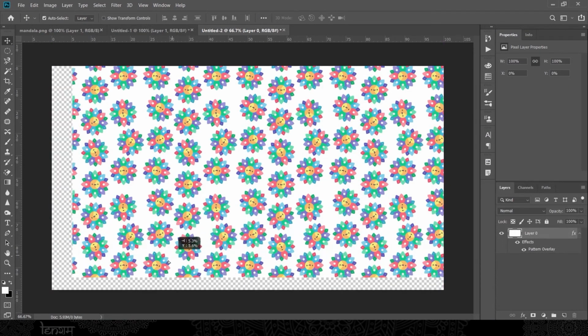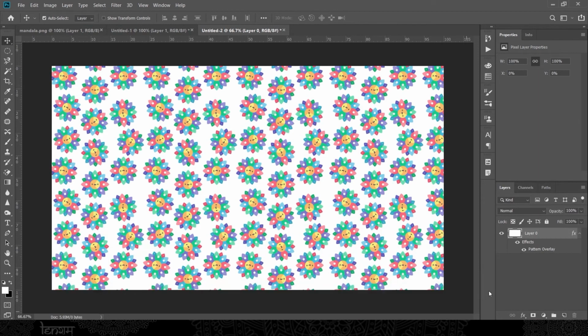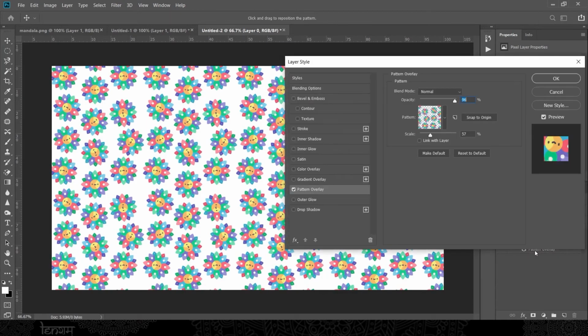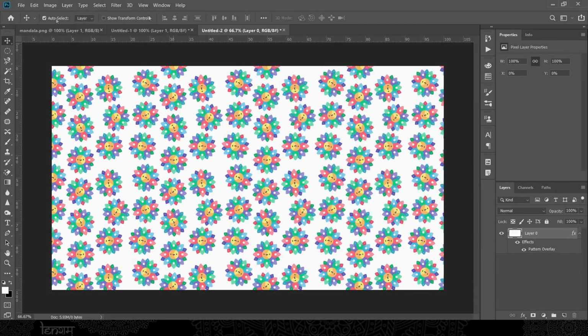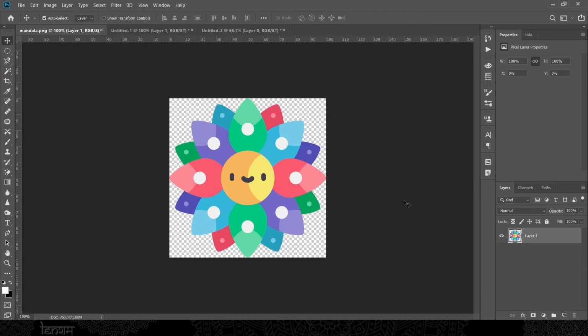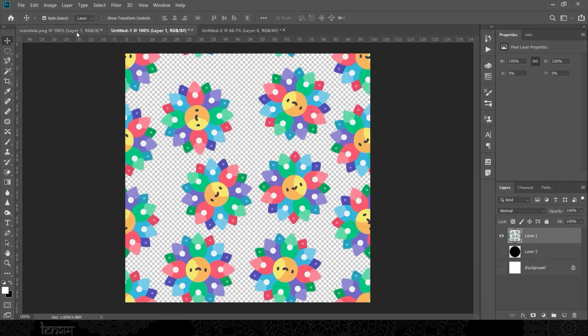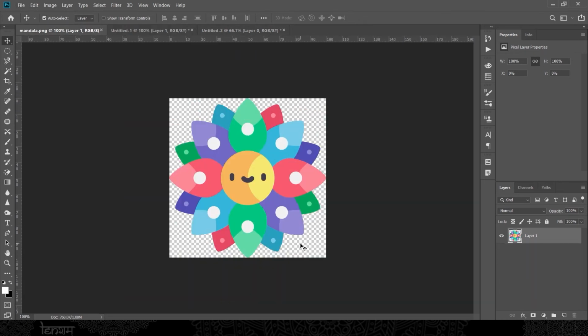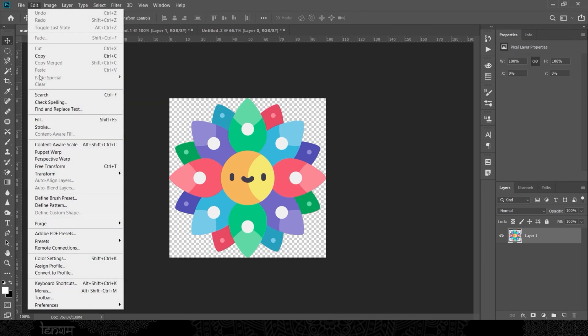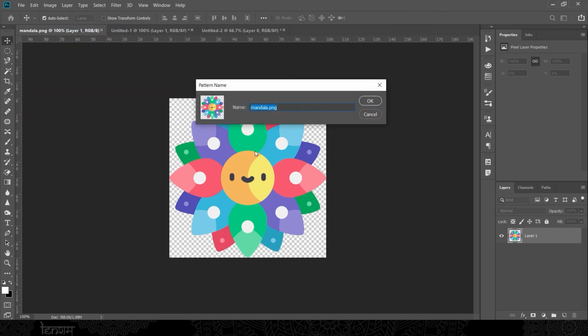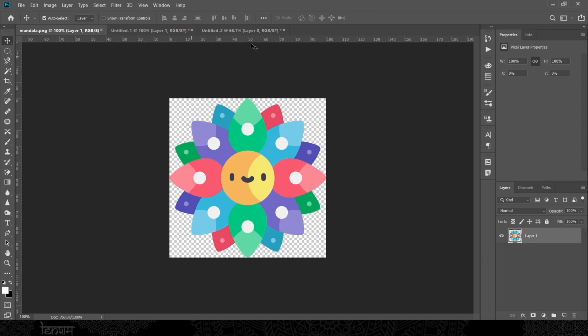That means when you want to move your pattern or want to adjust your pattern, first open the layer style, then try to correct your pattern position. Now, the other way of doing this is very easy. Just go to the PNG document and select the whole PNG layer by pressing Ctrl or Command plus A. Now simply go to Edit and press Define Pattern. And as we have done earlier, name your pattern as per your requirement or as per your design.